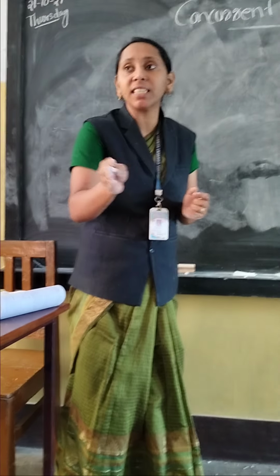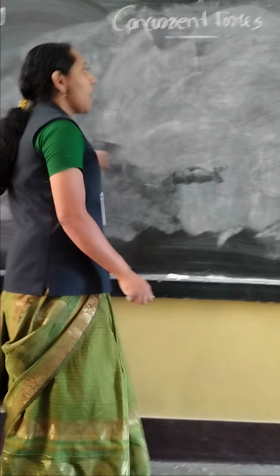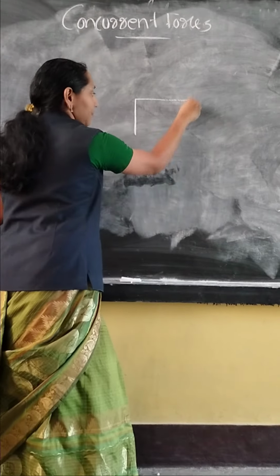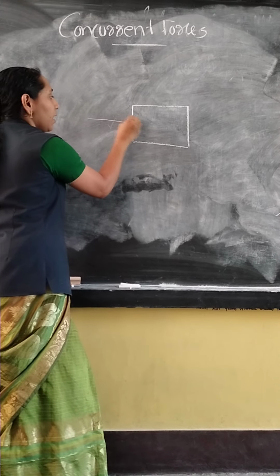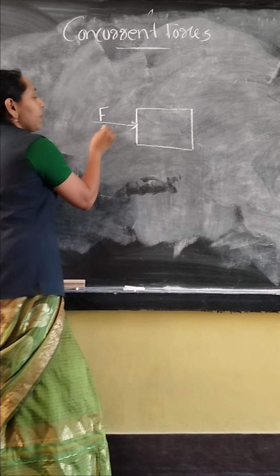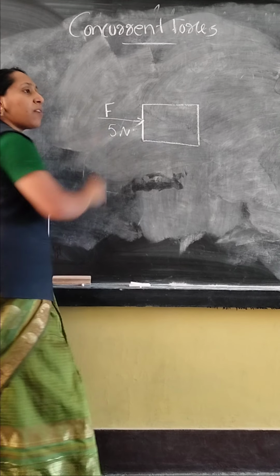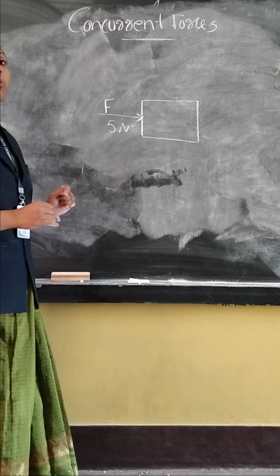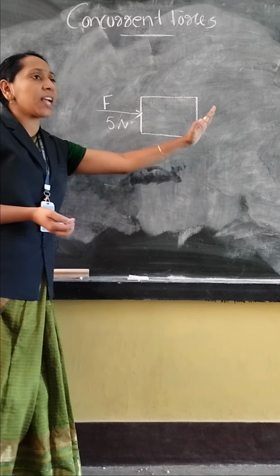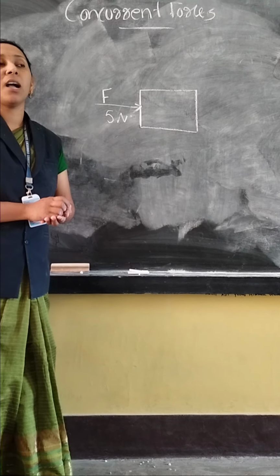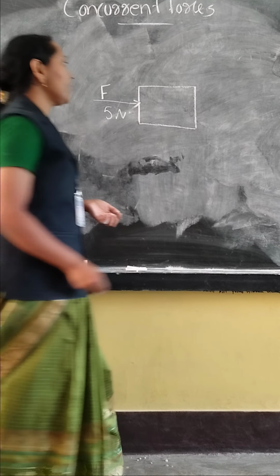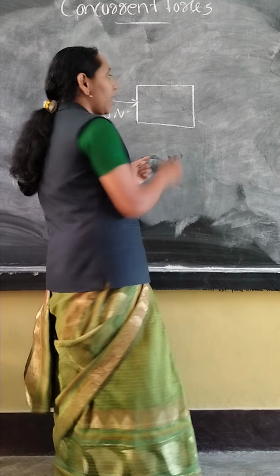I am just entering the chapter. Okay, listen here properly. I am considering an object. This object has only one force applied, F, maybe 5 Newton. What is the final effect on the object's movement? In this direction, the object starts to move. Am I right? Only one force is here. This is case number 1.